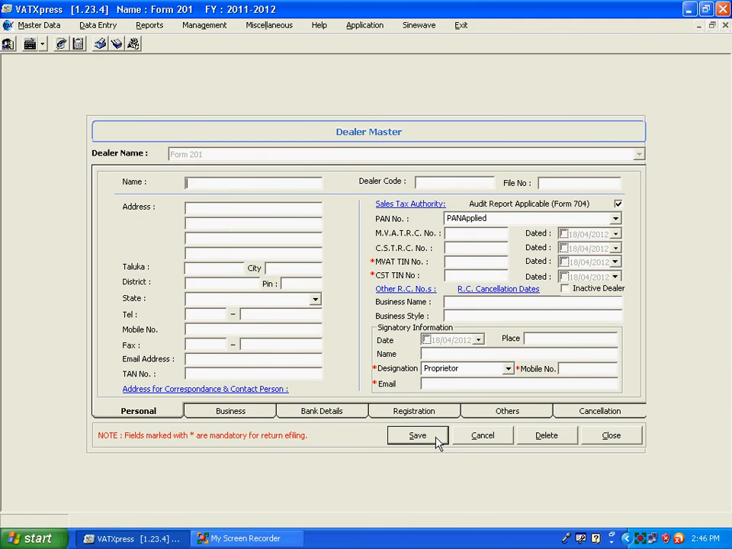For defining dealer, you need to go to Dealer Master. Master Data, Dealer Master. Click on New to define Dealer Master. There are no restrictions for defining dealer. Fill up the required master information as name, address, taluka, city, district, PIN,